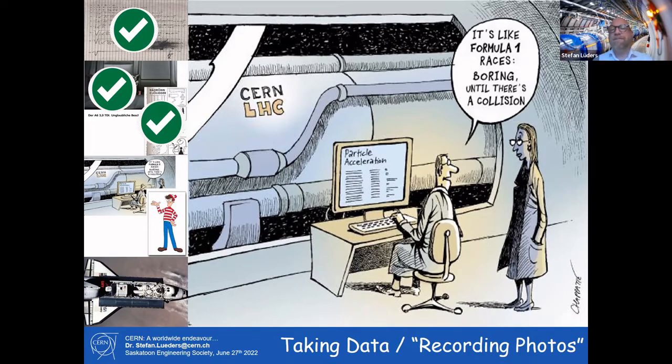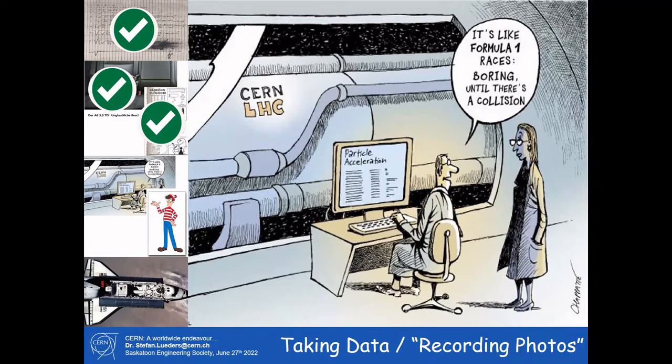So there are lots and lots of safety systems which know exactly where the beam is. If the current is not nominal, we get rid of the beam. If the temperature is not nominal, we get rid of the beam. If there's something indicating that the beam is misbehaving, we get rid of the beam. There is no risk for the environment here because it's all contained in the tunnel, but still we don't want to see our accelerator being destroyed because this takes some time. I hope this is answering the question. If not, please ask again.